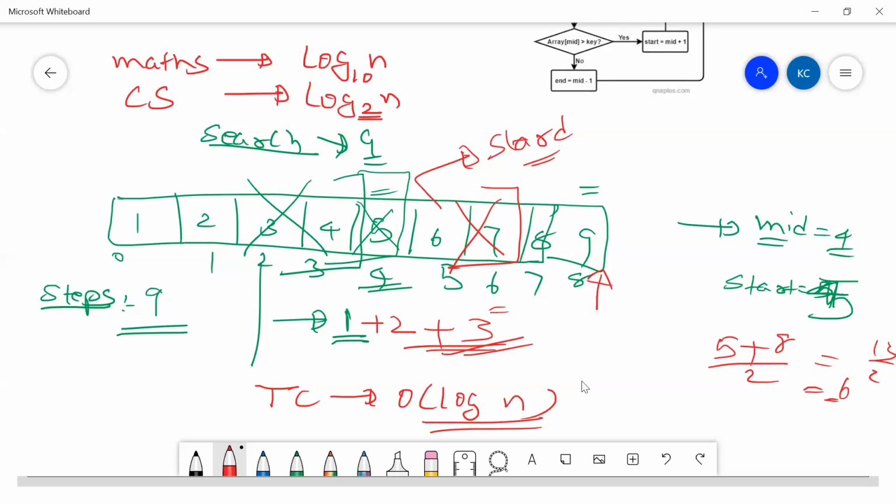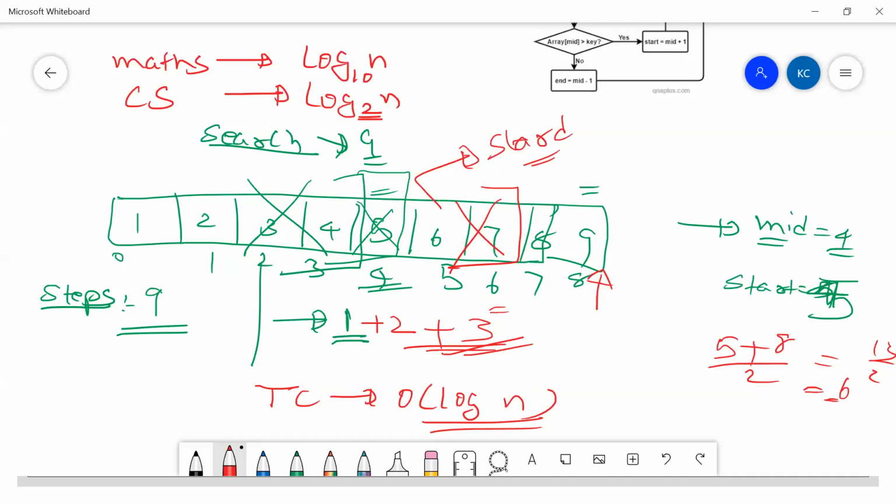What is this log n, what is this base 2, etc.? If I explain that, I don't think I can complete the items we planned for today. So maybe I'll explain that to you in a better way, or give that to you in a material. So in this case, what I wanted to tell you guys is, our time complexity has reduced significantly from order of n to order of log n. So if we have an input which is sorted, we can search very efficiently. And actually, this log n is giving us the best searching efficiency,